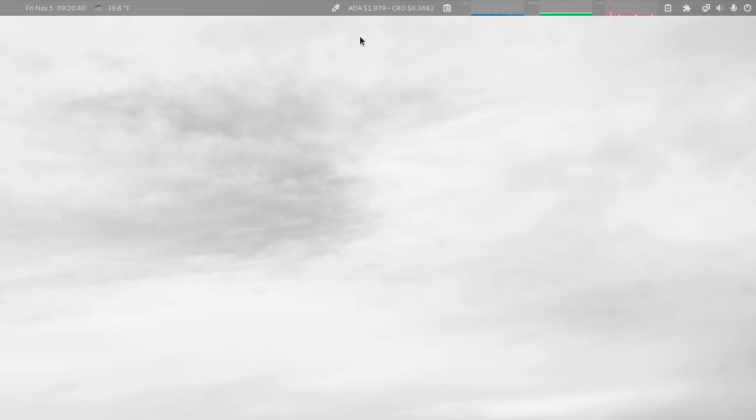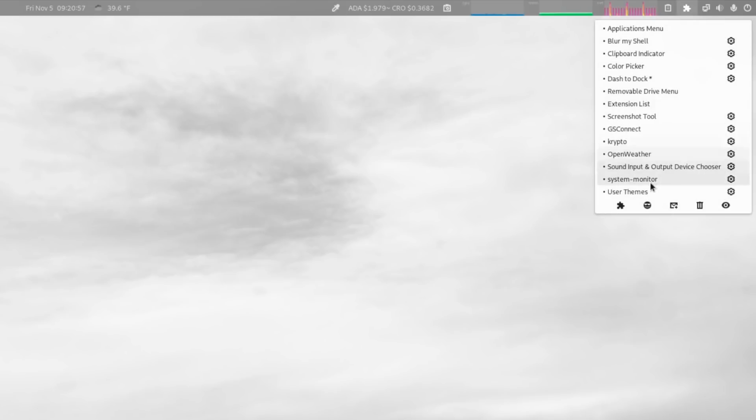We have a color picker right here, which is very nice. Allows me to go and select colors anywhere on my desktop and give me the proper color codes. If I right click on it, you can see everything that's going on there, and if I know I'm going to reuse something, I could go ahead and favorite it here. And then we have the extension list, which will list everything that you're seeing in this panel right here, and you can enable, disable, or easily go to the specific settings for each extension from here.